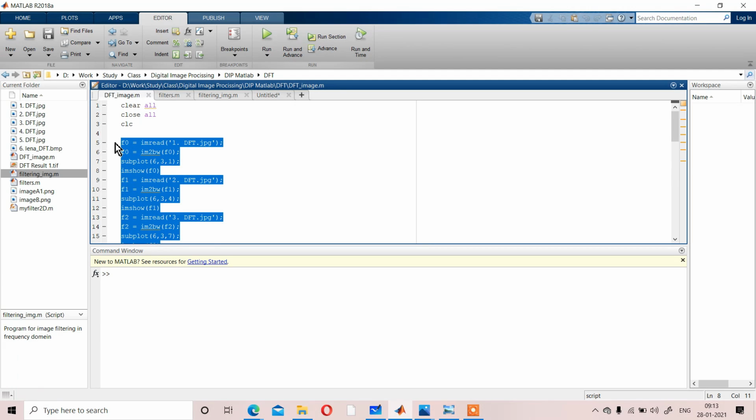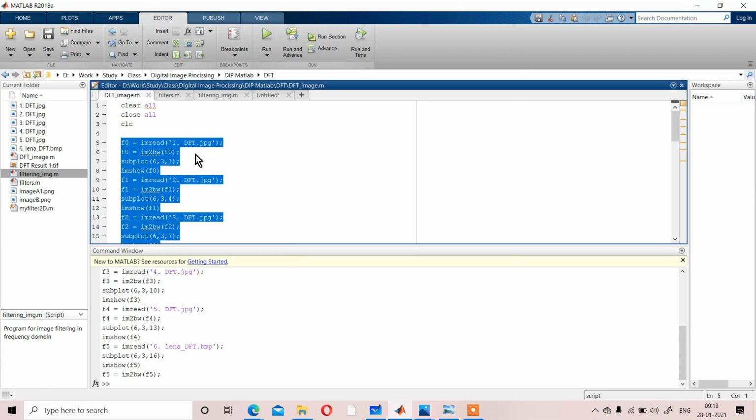First we are going to do the discrete Fourier transform, DFT, over some images. These are the images, just look at that. The first image consists of a dot, a square dot in the middle. The second image has three similar dots.